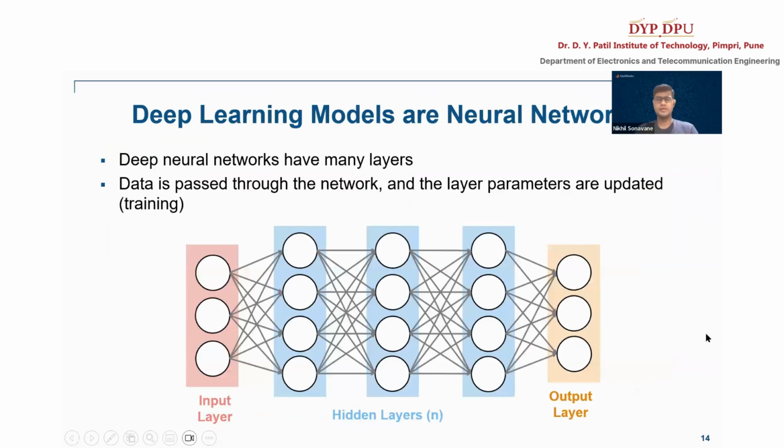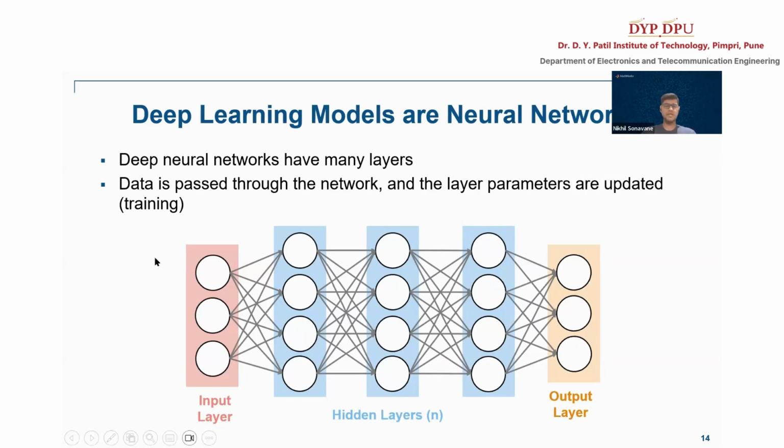When you talk about learning models, these are more like neural networks. So what's happening now, when we are transitioning from machine learning to deep learning, is that we are trying to mimic the human brain. If you look into the human brain, we have a lot of neurons, right? And these neurons are connected, and we call it neural networks. And the data keeps on passing through these different layers. So here also we are trying to mimic how our human brain functions, and that is why you will see